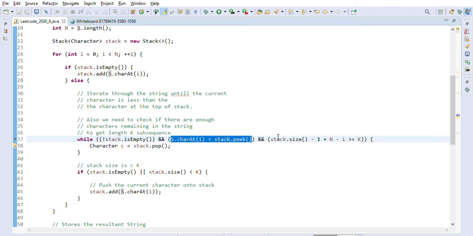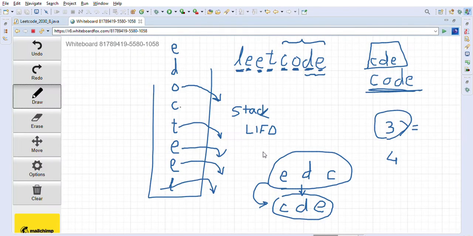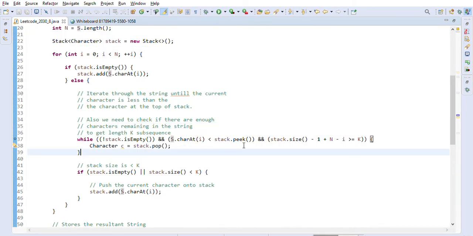Also, as I explained, we always have to check that enough characters are still left in the string, because we have to get, for example, a length 3 subsequence. So before we take it out of the stack, we have to make sure that we have enough characters left in the string to make a subsequence of length k. So that's what we will be checking here.